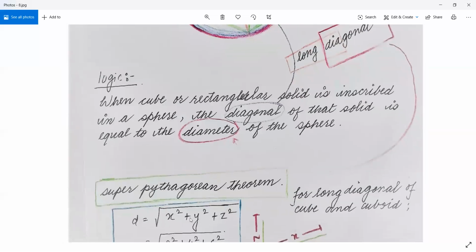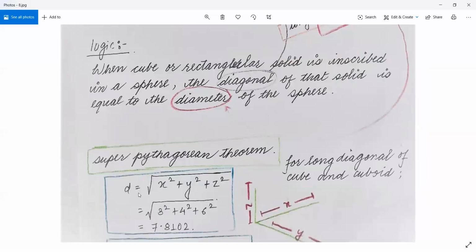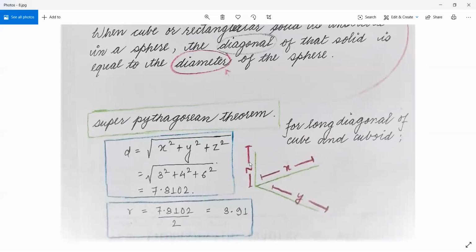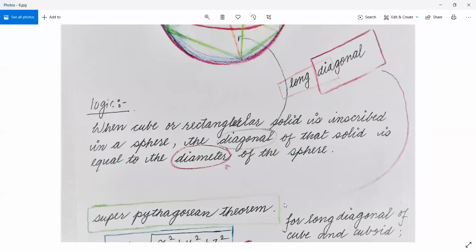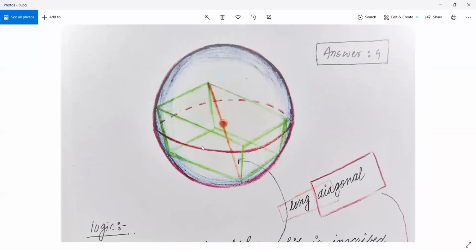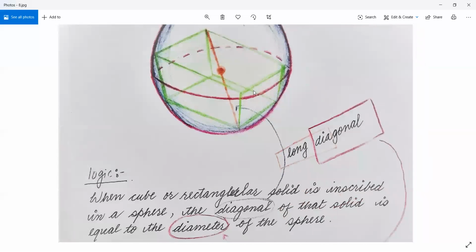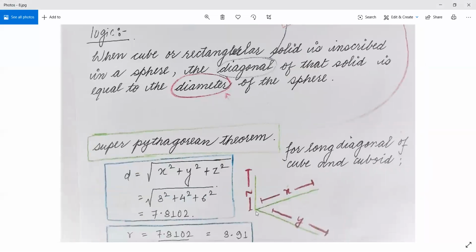You just have to find the value of the diagonal by square rooting the length square plus breadth square plus z square. So if this is one of the corners of the rectangular solid as shown in the figure, let's suppose this is the corner of the figure here. So if this is the corner,